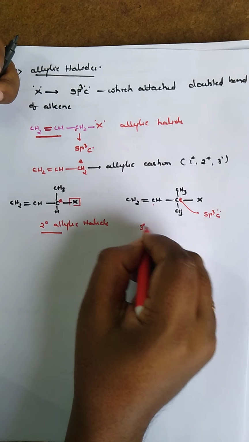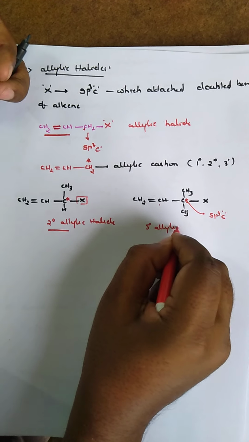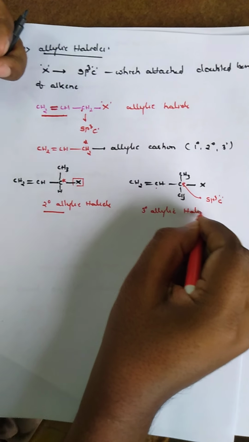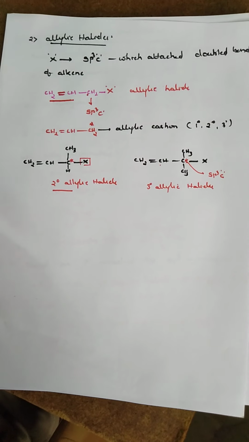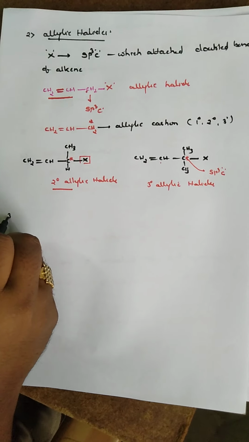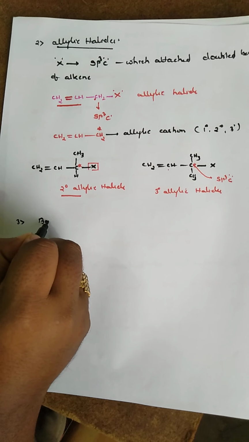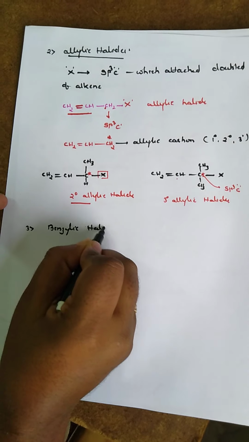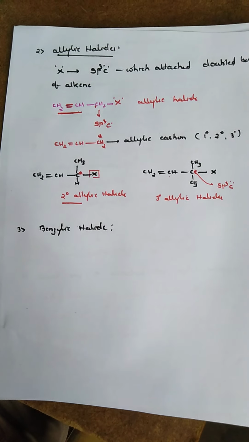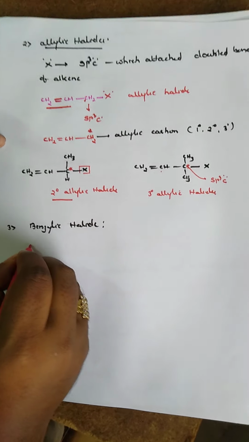That's why we will call it a tertiary allylic halide. Now another one we will call a benzylic halide. Now the halogen is attached to an sp3 hybridized